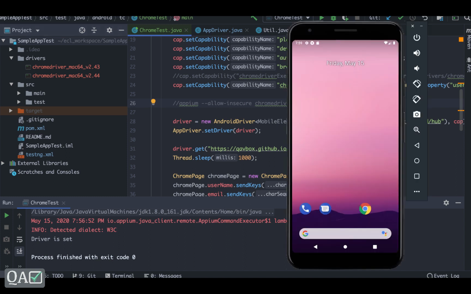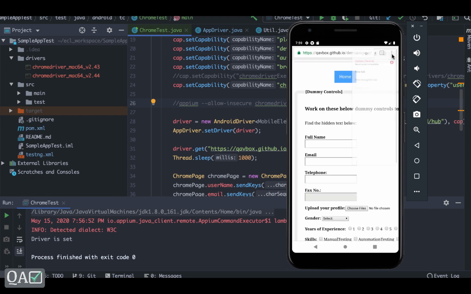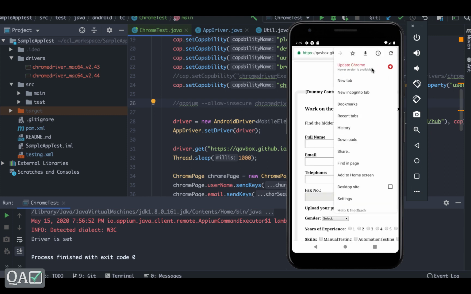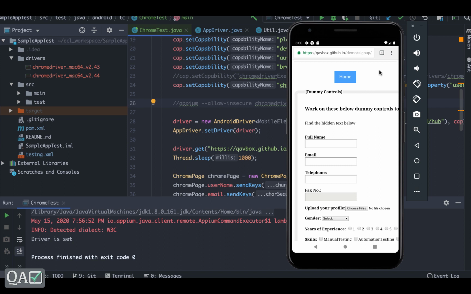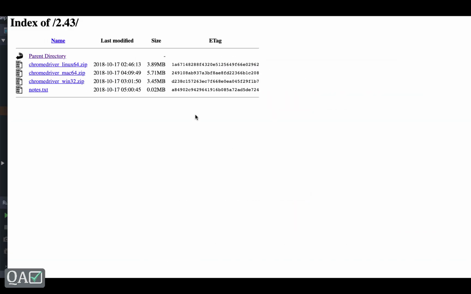Now one problem with my Chrome browser is that, as you can see, it is saying update Chrome, but if I click on this, nothing happens because I don't have the Google Play Store to download this. Either you have to download this standalone, if you have a chrome.apk file available, but I would prefer you go to this particular version, whatever you are seeing, and then the compatible versions you can get from this link.